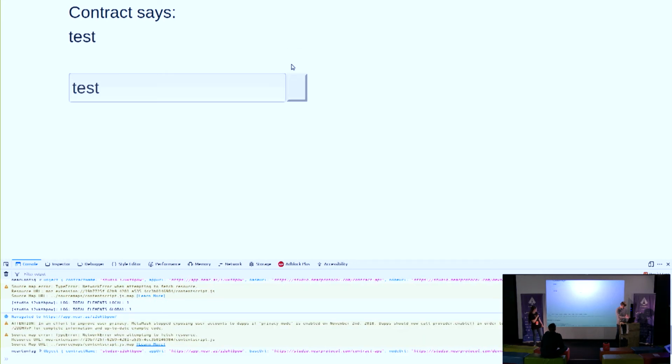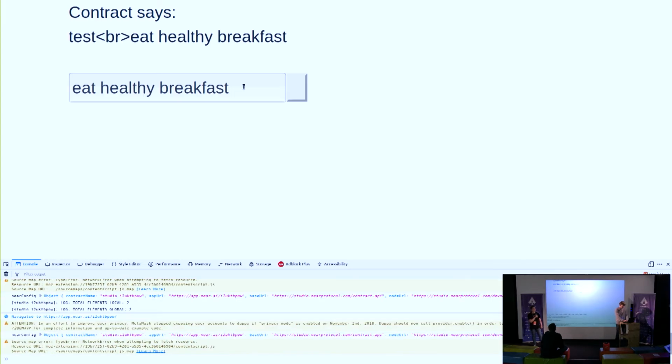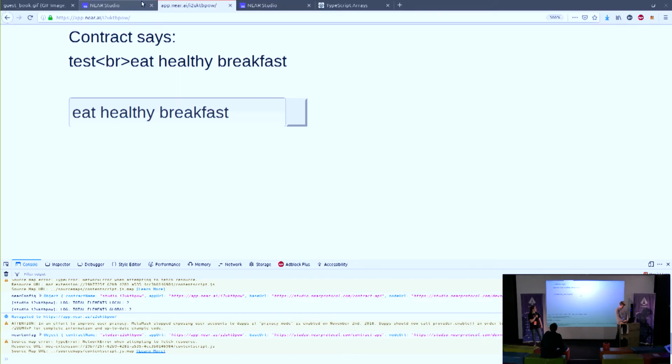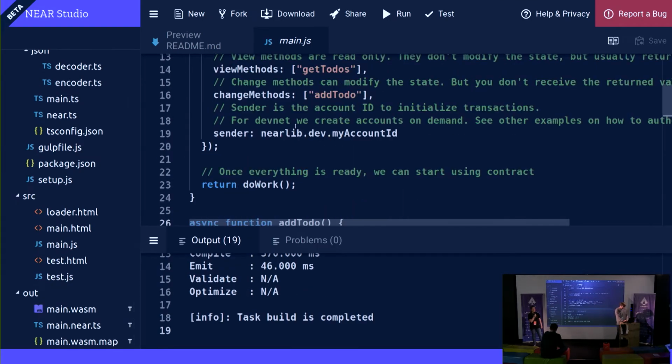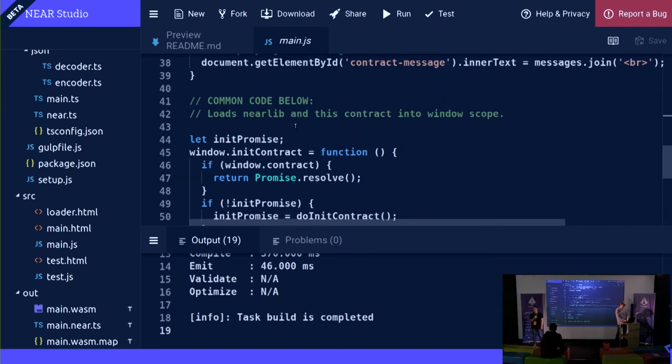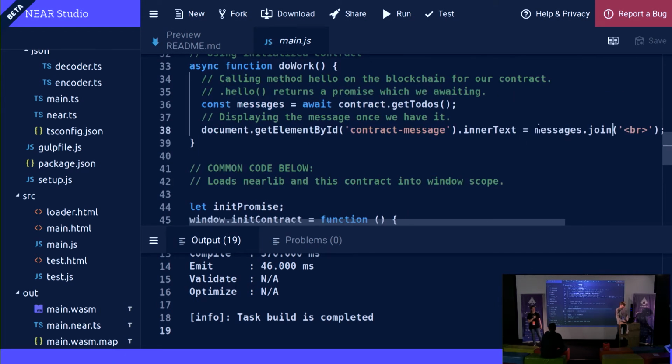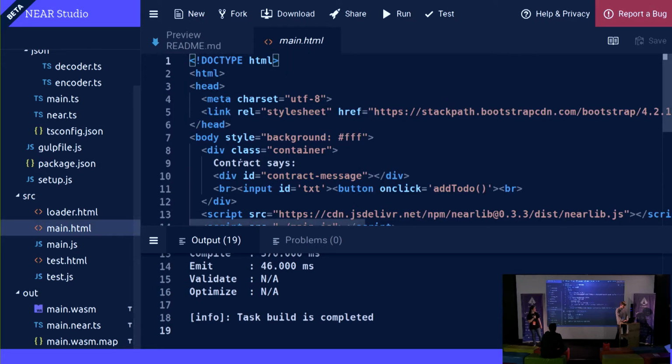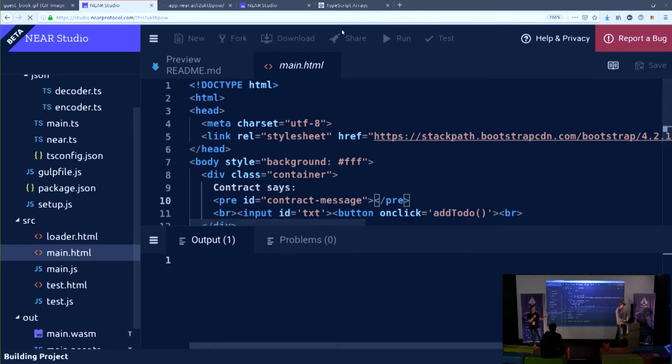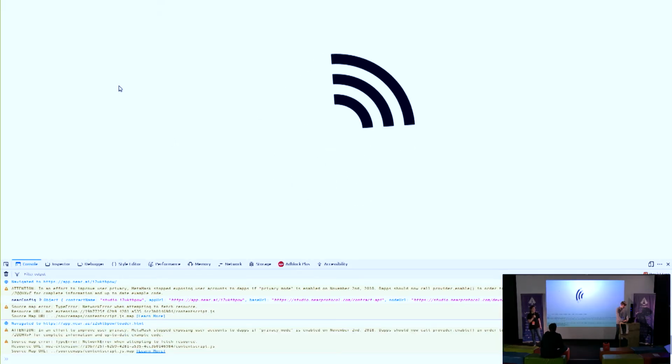Yay. And now we have a working to-do application on the blockchain with almost, yeah, there is a UI bug. But besides that, let's do the simplest possible fix. Not only do we have the application, we have tests for it too. Yeah, we have a fully functional blockchain application with tests.